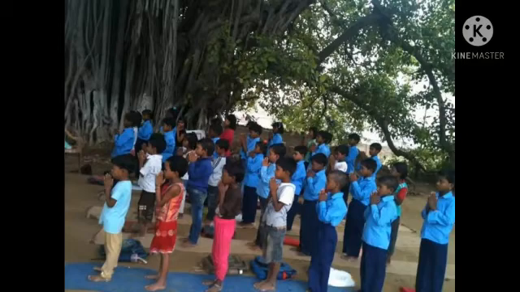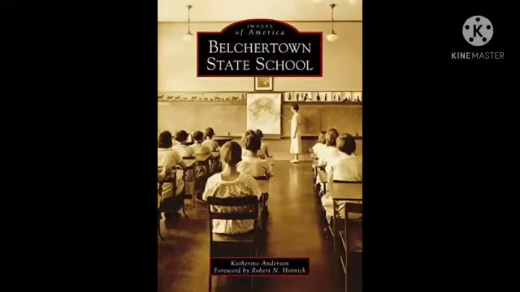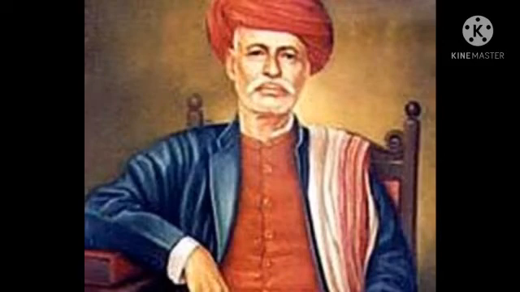When the British came to India, they introduced the present school system. In that, Mahatma Phule and Kranti Jyoti Savitribai Phule began the school to educate the girls. The British introduced the modern school system. Now, students, let us see some famous personalities who have done great work in the field of schools